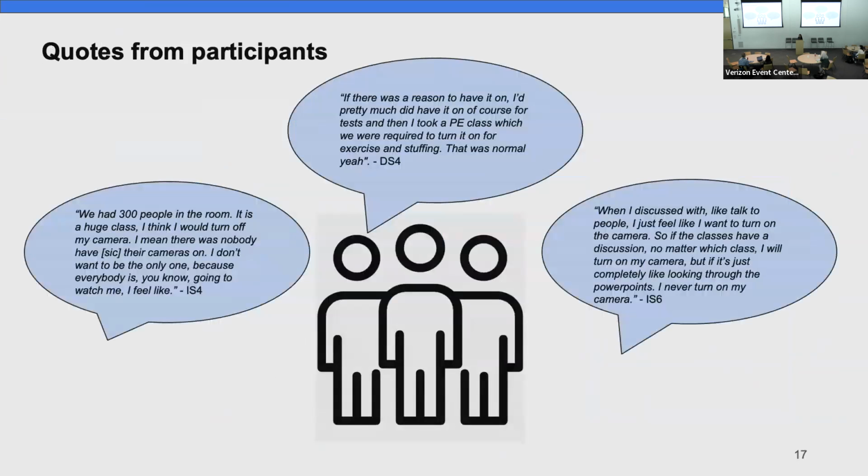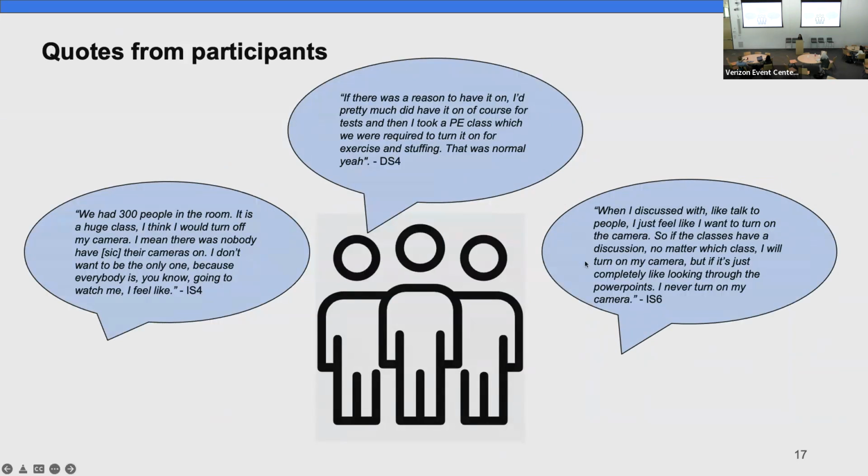And there are some quotes from our participants. We can see that the left quote, this student mentioned that he has a class that includes over 300 people. In this class, he never opened his camera. Also, this domestic student mentioned that he took a PE class, and in this class, the instructor required them